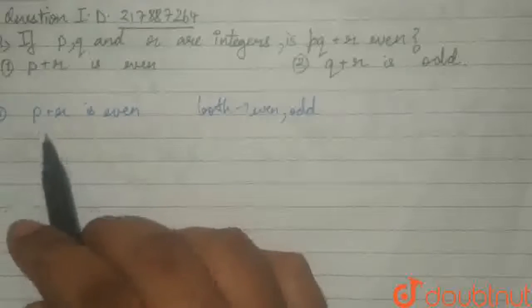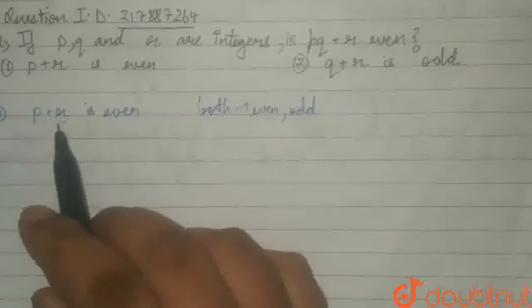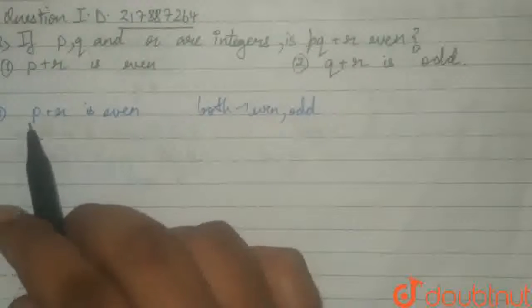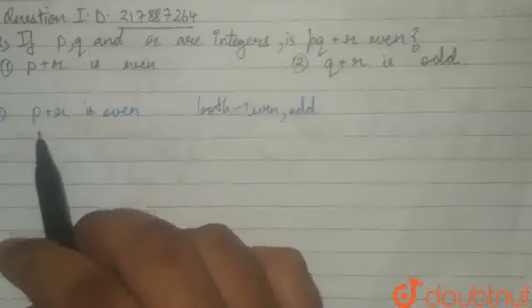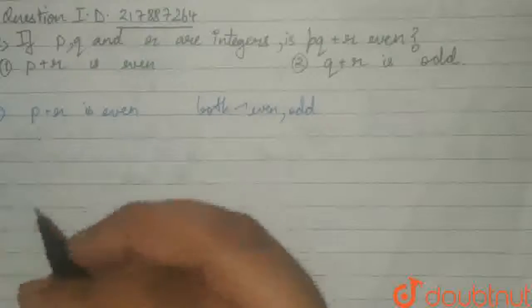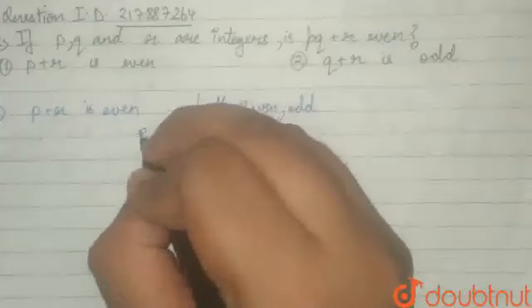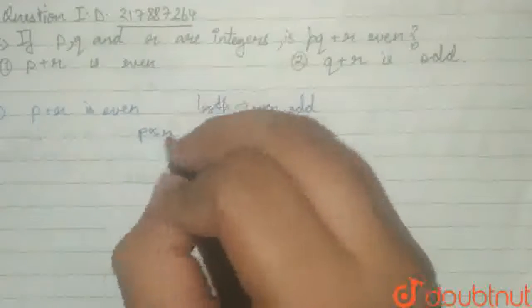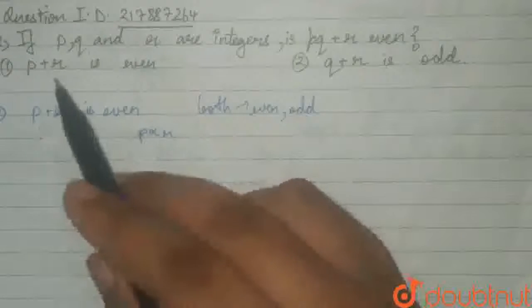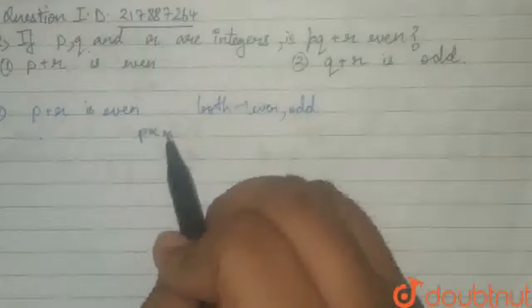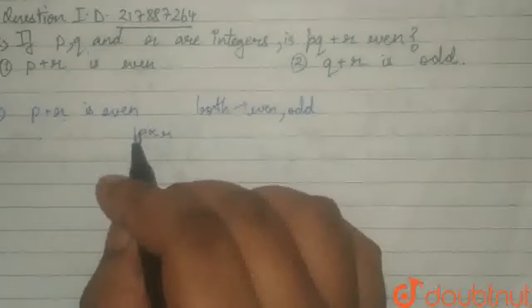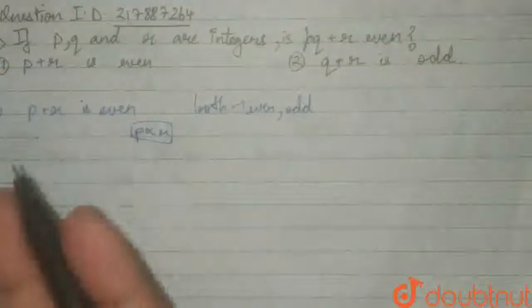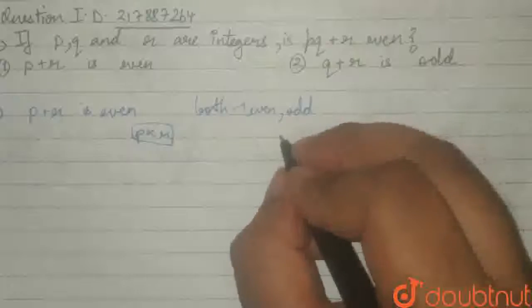Like P can't be even if R is odd, and P can't be odd if R is even. So in a sense we've established a direct relationship between P and R, that is R varies directly with P. If P is even, R is even. If P is odd, R is odd. This is just a way to give a vague idea. This is not really an exact relationship, but anyway,